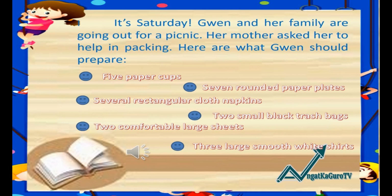It's Saturday. Gwen and her family are going out for a picnic. Her mother asked her to help in packing. Here are what Gwen should prepare: